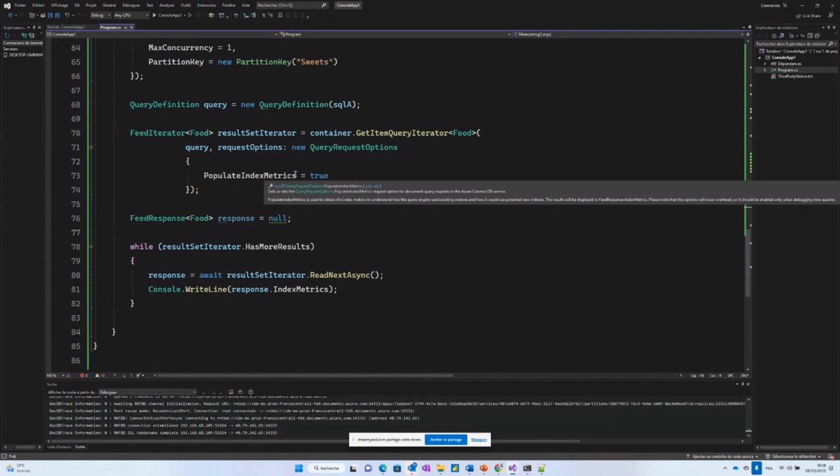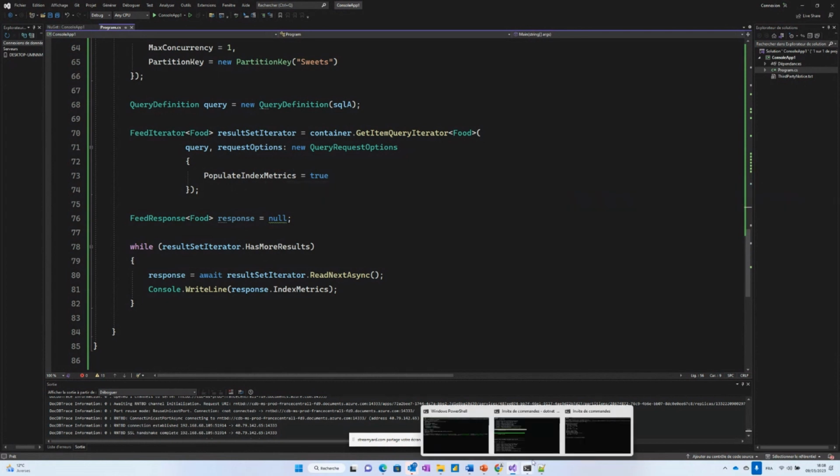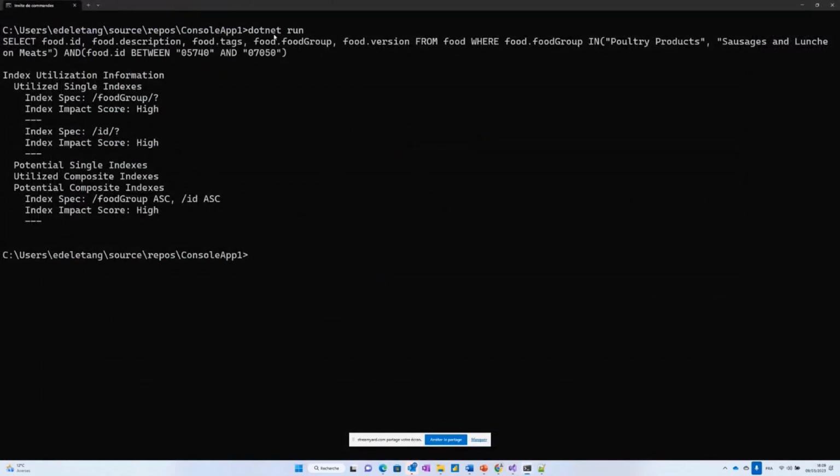And here I have made a very small application, a .NET application. If I run it, for example, on the food collection, the collection that Thomas showed you before, with a select with multiple where clauses, it will give you some information around index utilization, and it suggests some potential composite indexes to help you. So this is a great thing. You can identify some missing indexes and some potential indexes that can help you reduce the cost of your query.